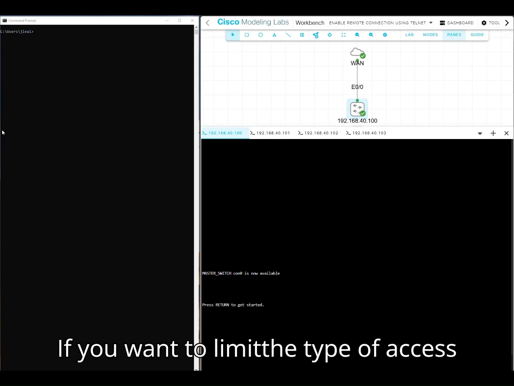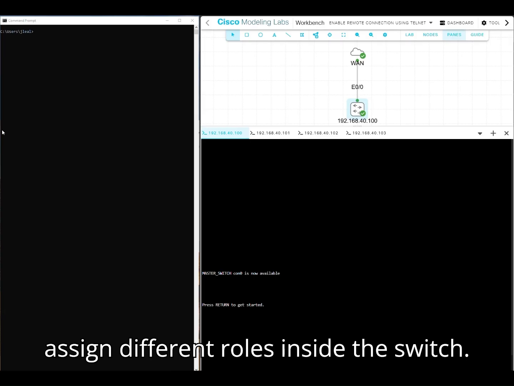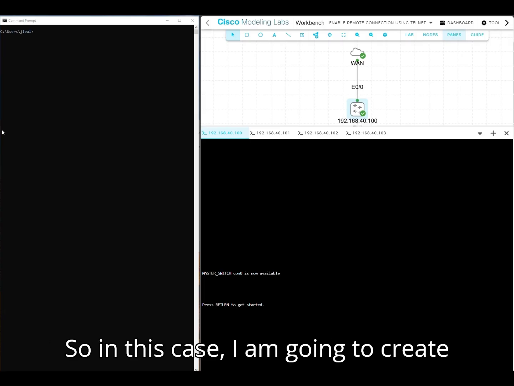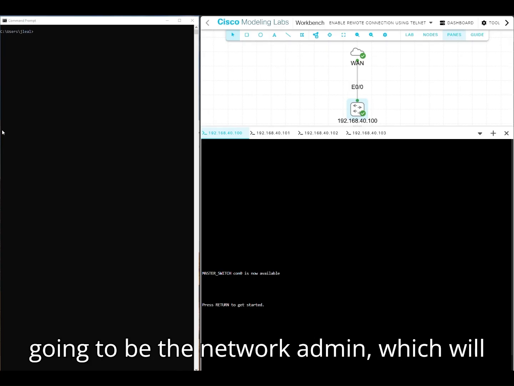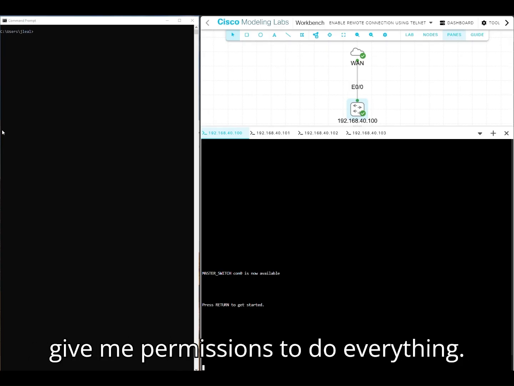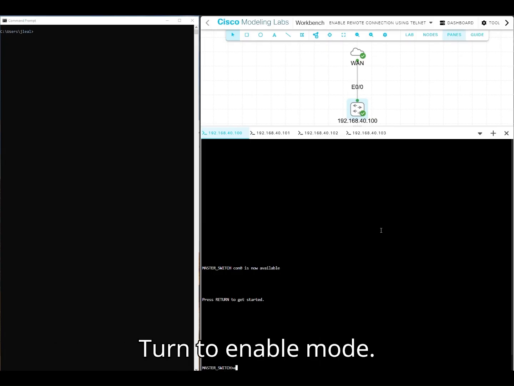If you want to limit the type of access each person has per layer, you can assign different roles inside the switch. So in this case, I am going to create a tech support user, a lead tech user, and I'm going to be the network admin, which will give me permissions to do everything. Let's start by logging into the switch. Go into enable mode,